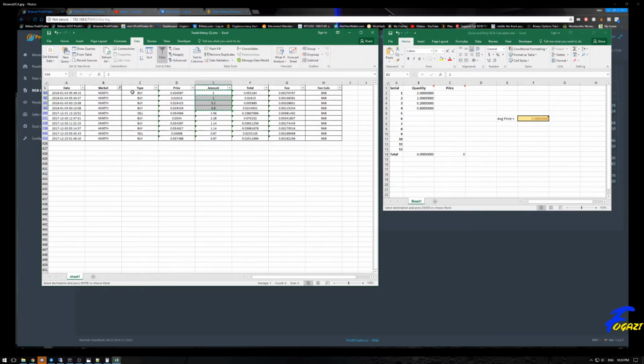And we want the price. So this one, yep, this column here. We're going to do the same because it's converted to number. Copy it. Paste the values. And we have an average price of 0.02775025, which is not